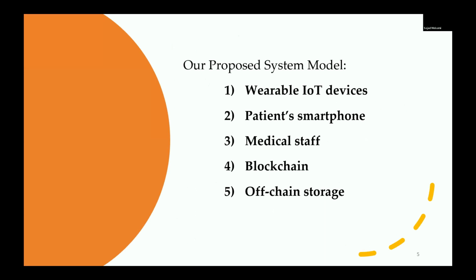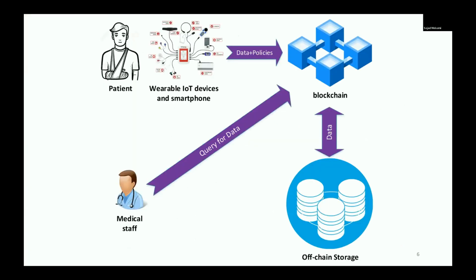So I can say our proposed system model consists of the following main modules. First, wearable IoT devices and the patient's smartphone, medical staff, blockchain, and off-chain storage. So let's see how they are working together. In this figure, you can see what is going on. Let me tell you how this process is going. First,